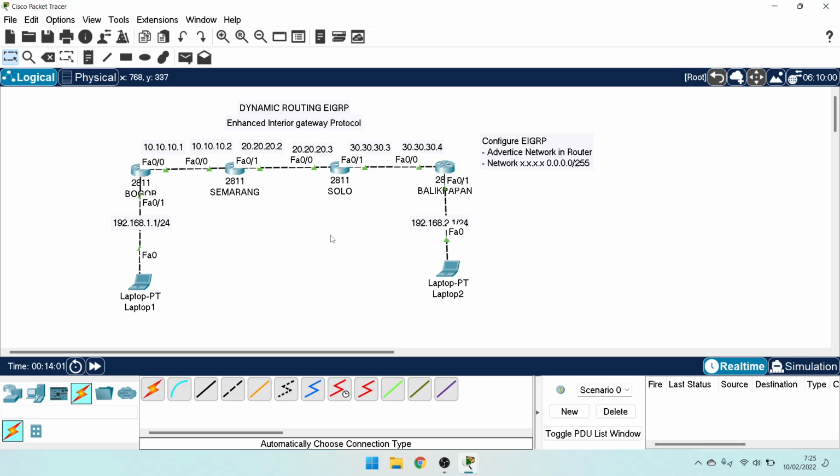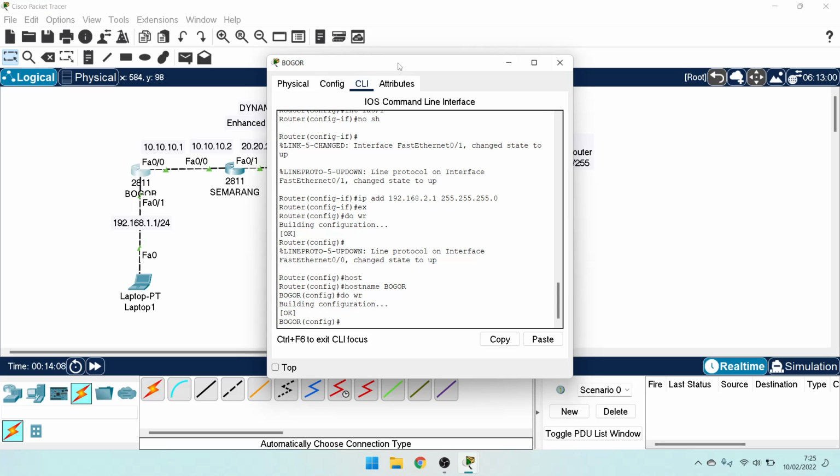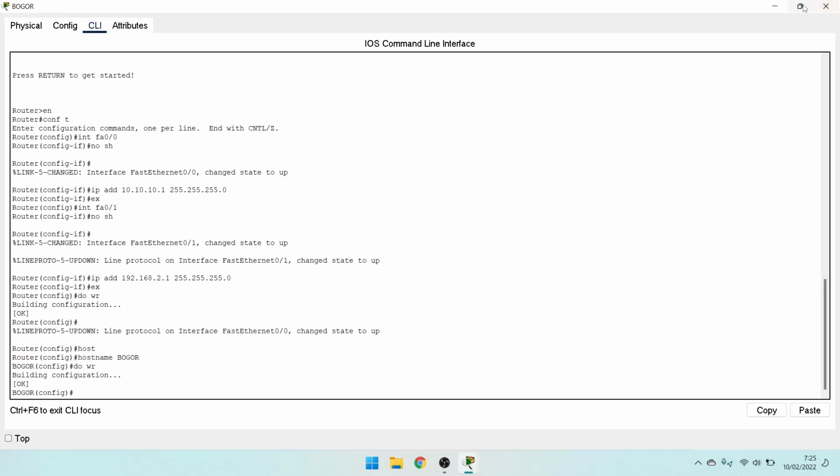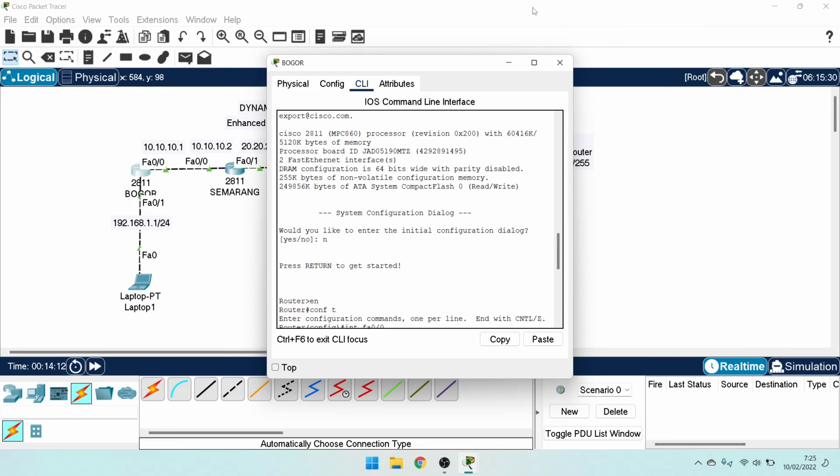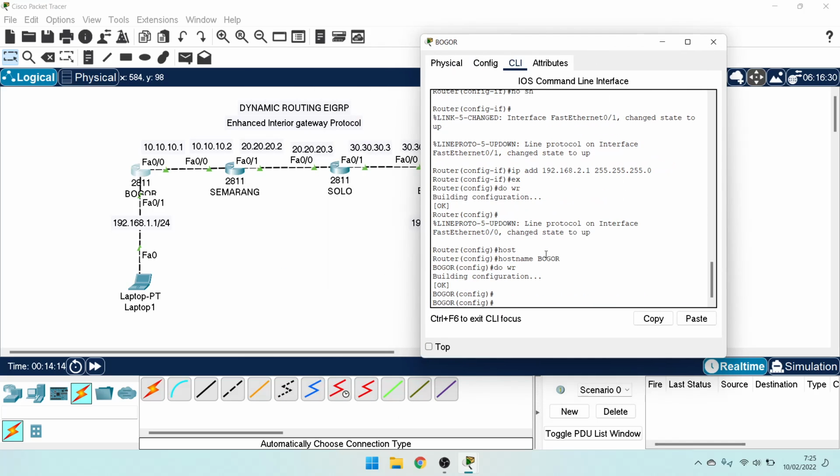Okay, let's get started to configure EIGRP. In router Bogor, first configure router EIGRP.